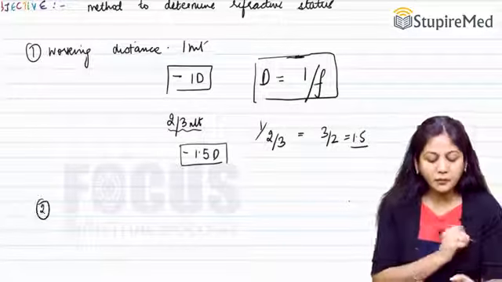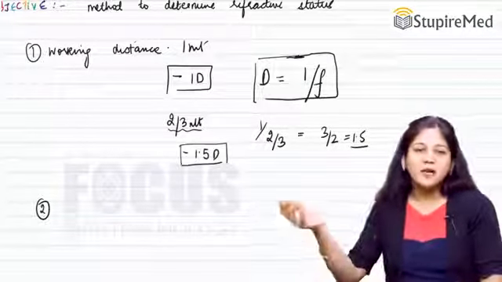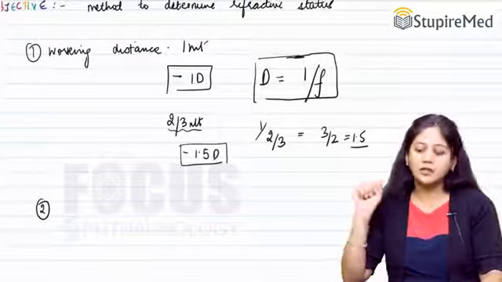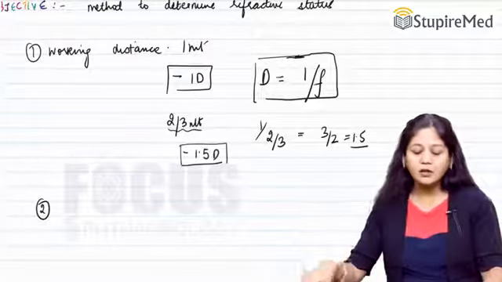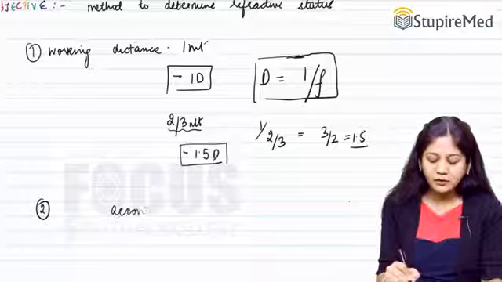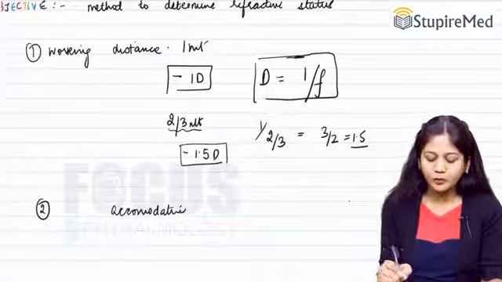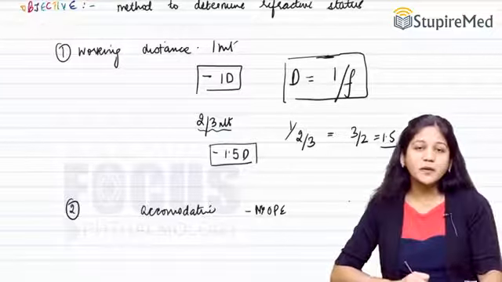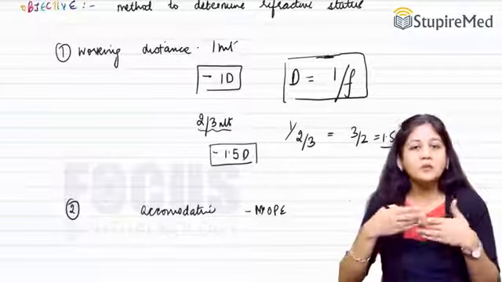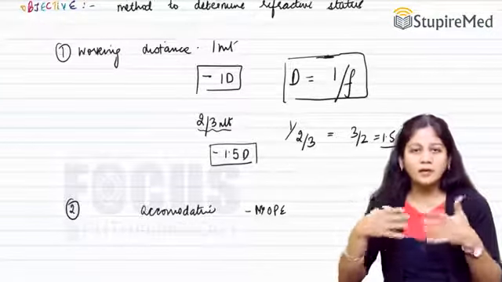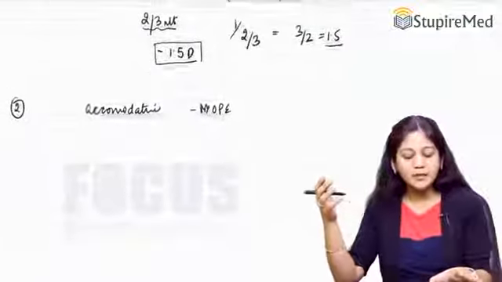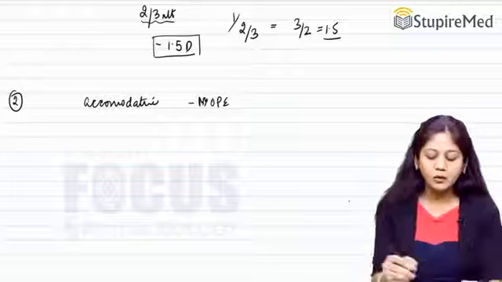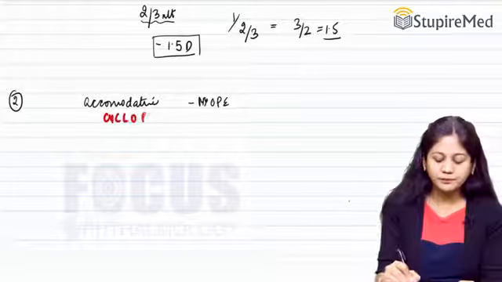Now the second important thing is that when we are doing retinoscopy, especially in children and young adults, they exert a lot of accommodation. So when they exert a lot of accommodation, they tend to become myopic, isn't it? Now, when they tend to become myopic, our retinoscopic findings can be very erroneous. That's why we abolish the ciliary muscle tone. That's why we cut off all the accommodation. And that is why the role of cycloplegics comes in.